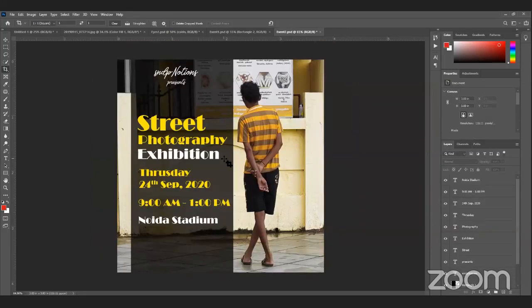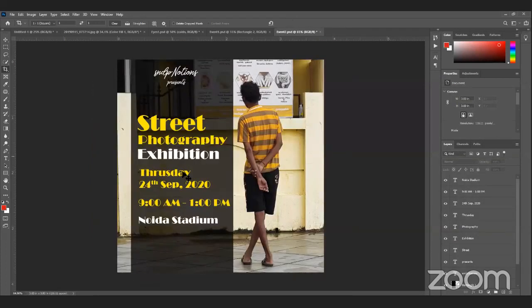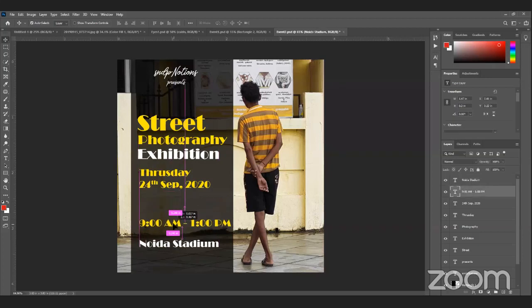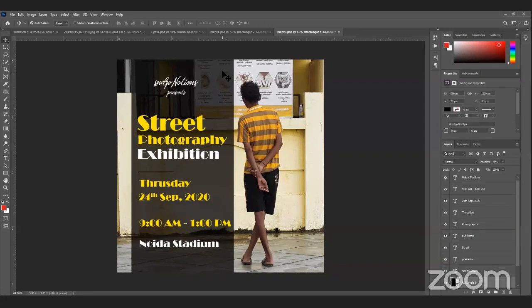But yeah, you can see I have just cropped it 1:1, and my image is Instagram-ready. So I can adjust my text tool again. No, this looks good. You can create a flyer and post it on Facebook, Twitter, Insta, and I suggest always using the 1:1 format so that you don't have to create multiple documents for different kinds of social media.